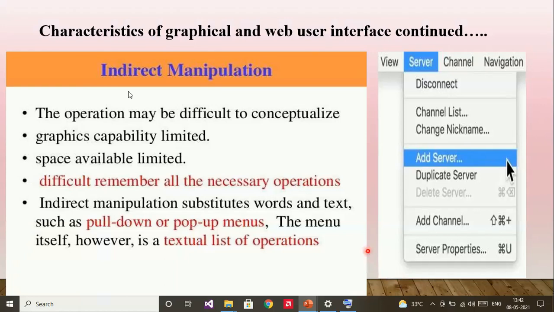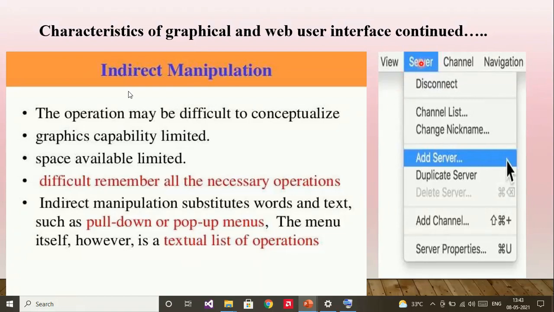You may see particular folders like view, server, channel and navigation. So there may be different folders presented on your window screen. Similarly, those folders can also be accessed through menus or drop down options, is it?